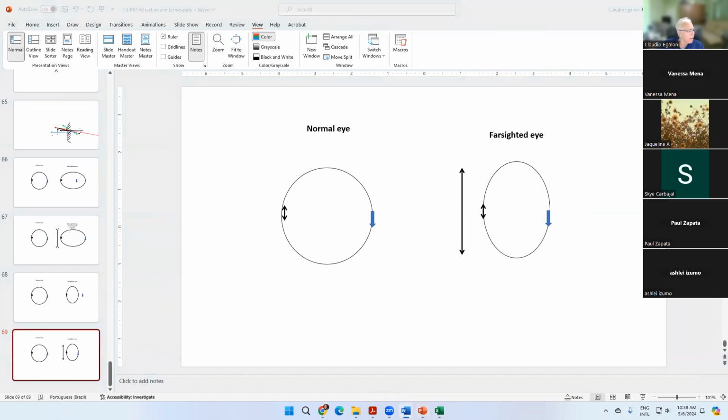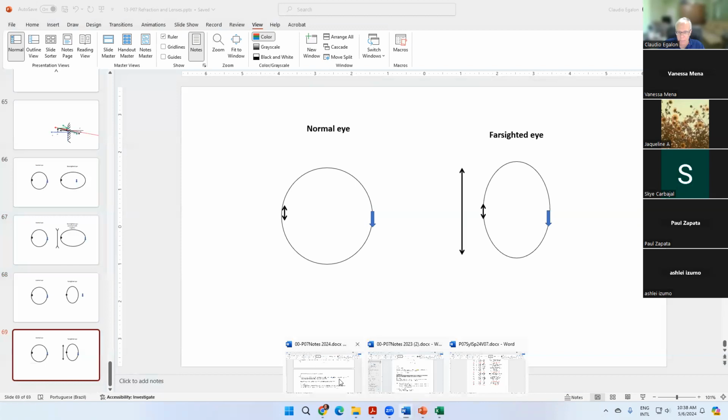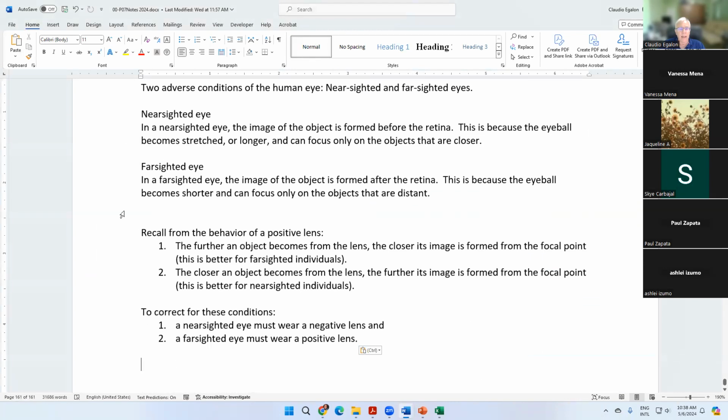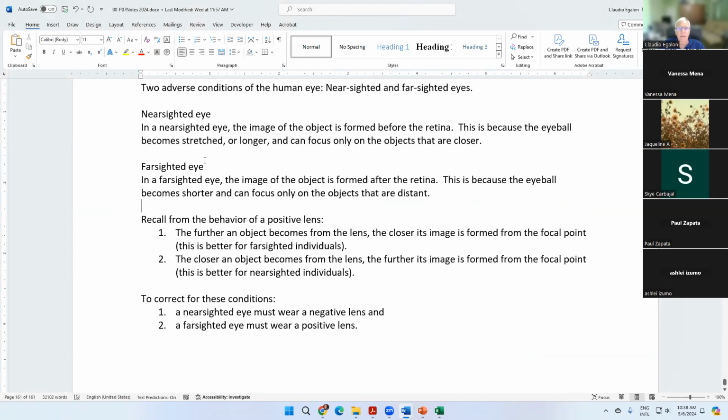I'm going to copy, here you go, farsighted eye. Nearsighted eyes. In a nearsighted eye, the image of the object is formed before the retina. This is because the eyeball becomes stretched or longer and can focus only on the objects that are closer. Farsighted eye. In a farsighted eye, the image of the object is formed after the retina. This is because the eyeball becomes shorter